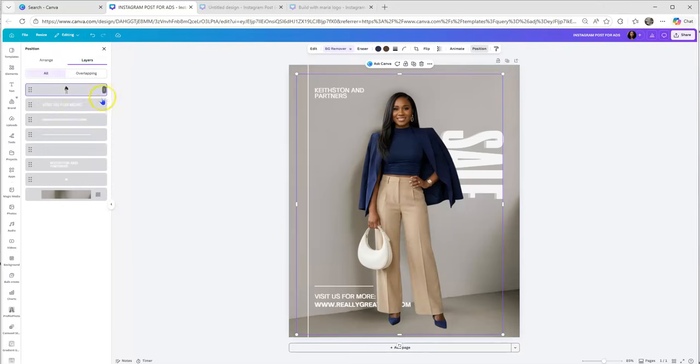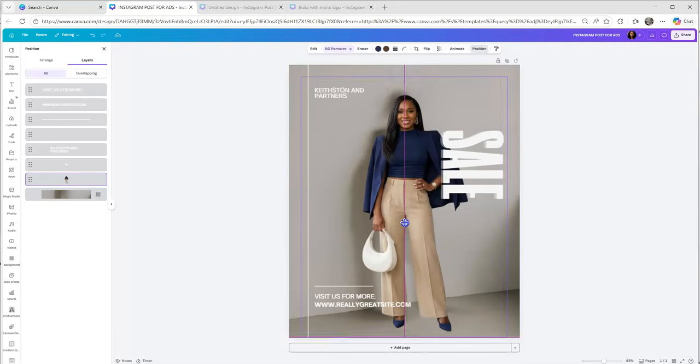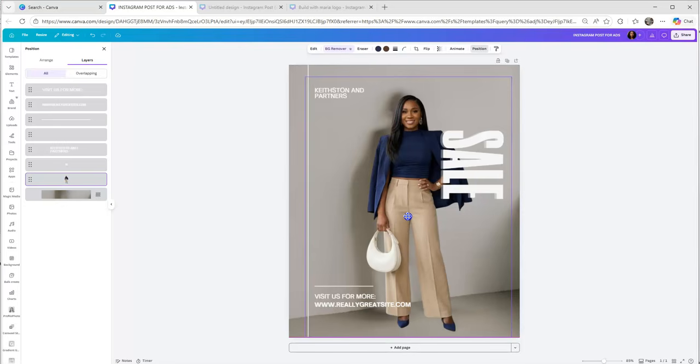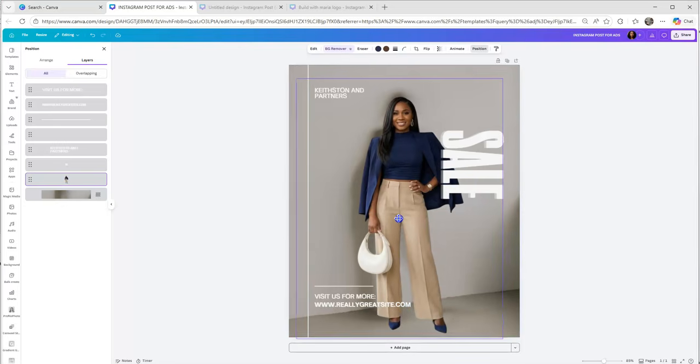When you click on layers, this is where I am. I'm in front of everybody. I want to be at the back of everybody. So I'm just going to drag me until I get to the front of the background. I'll put me there. So what that means is it has taken me to the back of the writings, like all the writings, and put me in front of the background, which is exactly what I want. Okay, so it has put me in the background, so I'll just arrange myself well there to fit into the shadow